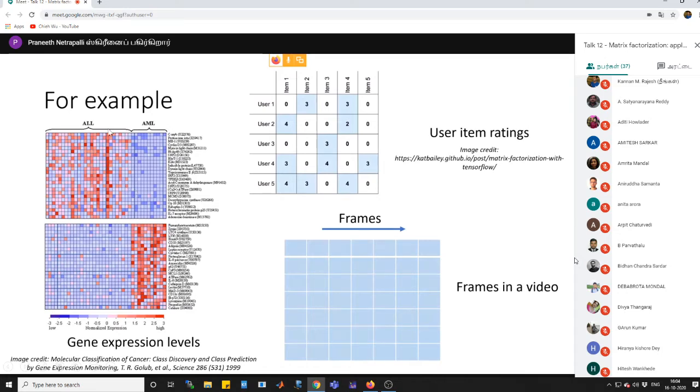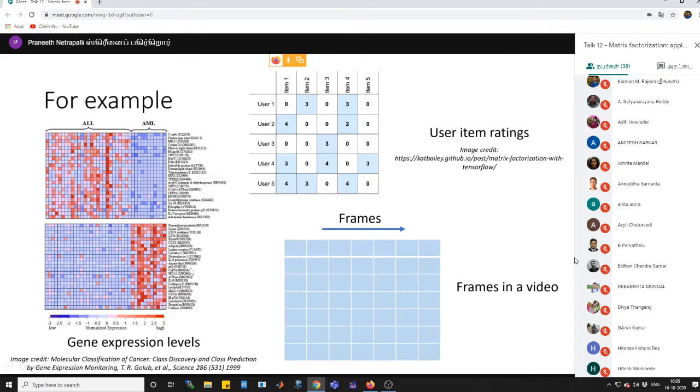And so the patients have been ordered into two groups. One group of patients have a particular type of leukemia called ALL, and the other group of patients have another kind of leukemia called AML. So if we arrange the matrix in the right way, meaning once we reorganize the rows in this format, we see that most of the patients suffering from ALL have high expression levels of these genes and low expression levels for these genes. And if you look at the patients suffering from AML, they have low expression levels of these genes and high expression levels of some other genes.